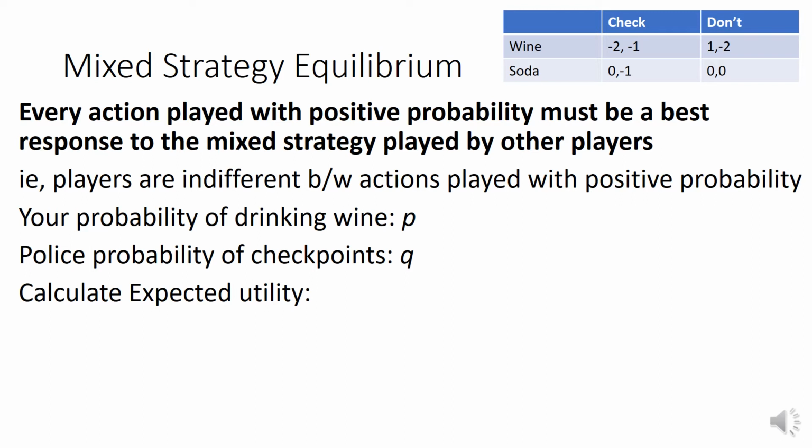So we would do the negative 2, 2, and then it would be 3 minus 6. You tell me. If the police are setting up checkpoints with probability Q, what's the probability they don't set up checkpoints? It would be